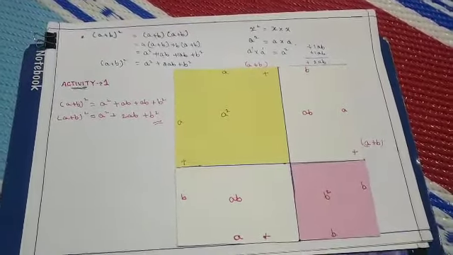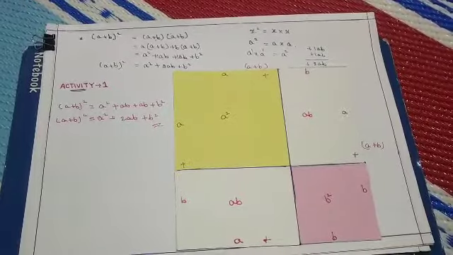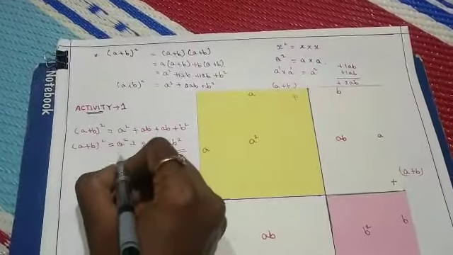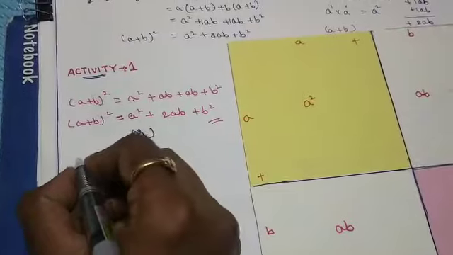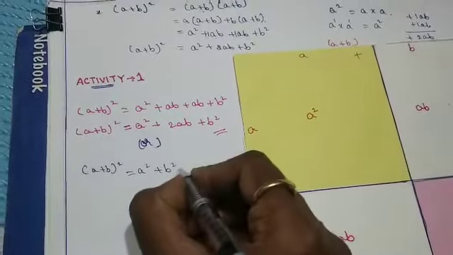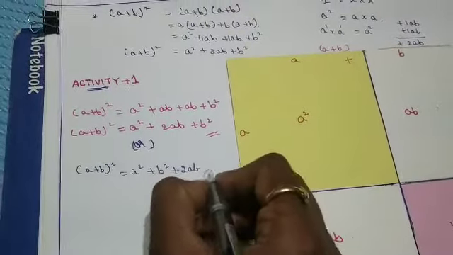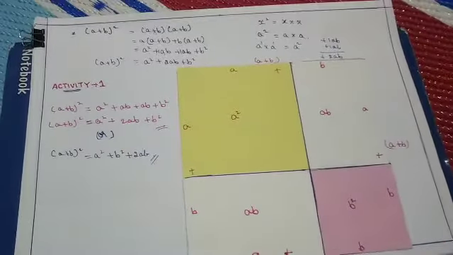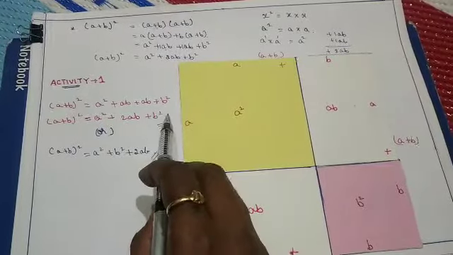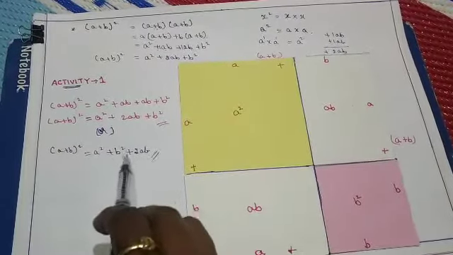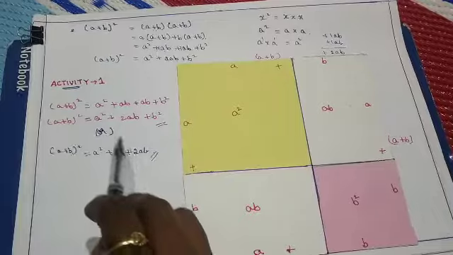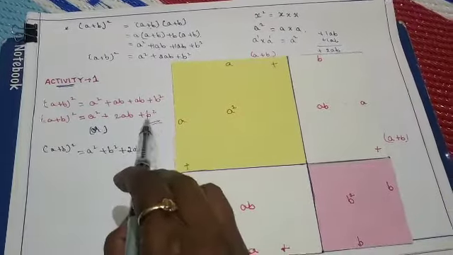In some of the books you might have seen, or you can open and see, children, it is written in a different way. It can also be written as (a plus b) whole square is nothing but a square plus b square plus 2ab. You can write it like this also, because we know that the commutative property under addition is satisfied: a plus b is nothing but b plus a. Either you can write b square at the last, or you can write it in the middle. But don't forget about 2ab. So (a plus b) whole square is a square plus b square plus 2ab, or a square plus 2ab plus b square. This is the first identity.